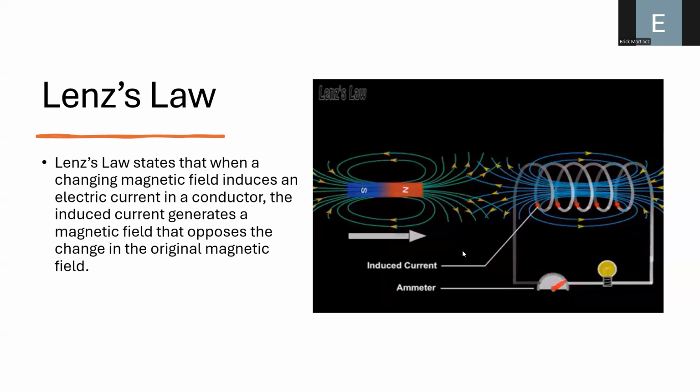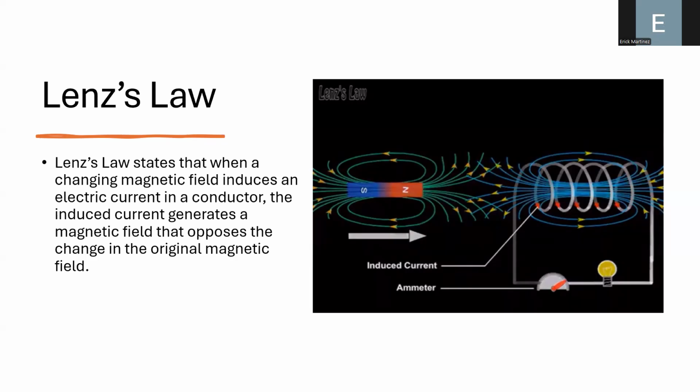But the orientation of the current and also the magnetic field produced has the opposite direction. In fact, here you can see the magnet, and you can see that the lines of the magnetic field are pointing from the north to the south pole. But in this case, the magnetic field on the right side, which is produced by the voltage induced by the magnet on the left side, is pointing in the opposite direction. So basically it means that